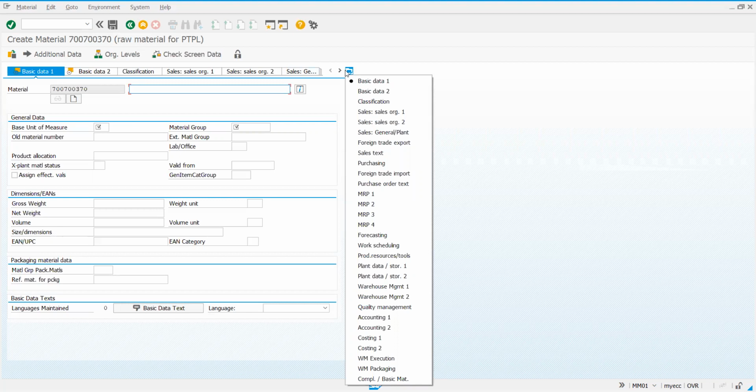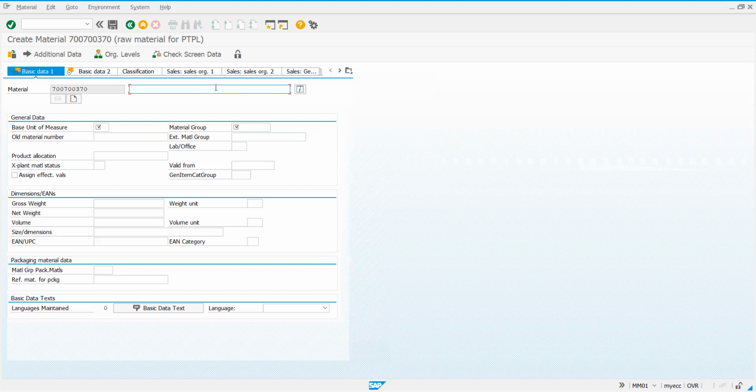And as you are seeing, only for the selected views are we allowed to make entries. Of course, if there is anything which is mandatory, then the system will ask you even though you have not selected that. However, in our case, it will not be because I have selected the required ones. We'll proceed in this.